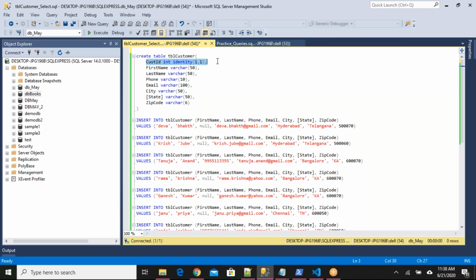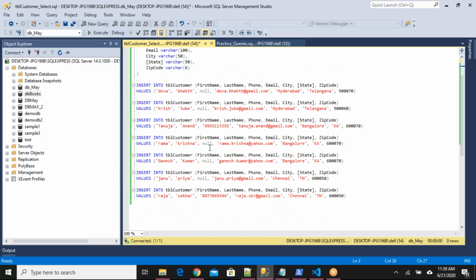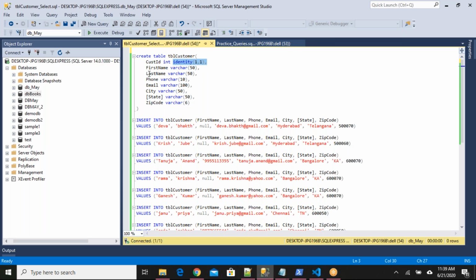You may not know what this is, and you may get confused. Let me tell you, this is a constraint. Constraints we'll see later. We'll do it this way.